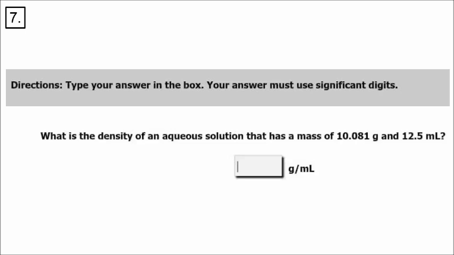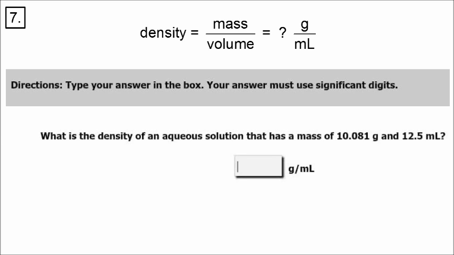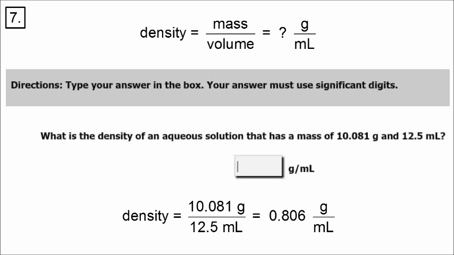Number 7, what is the density of an aqueous solution that has a mass of 10.081 grams and 12.5 milliliters for its volume? So density is mass divided by volume, 10.081 divided by 12.5, rounded off to the proper number of significant figures. In this case, 3 significant figures represents the measurement with the least number of significant figures. So 12.5 is going to limit our answer. We round off our answer to 3 significant figures and we get